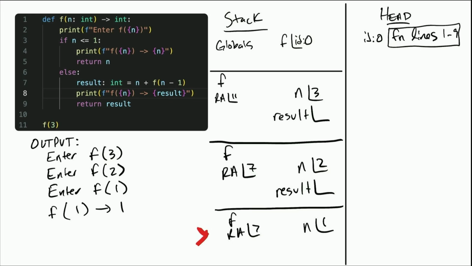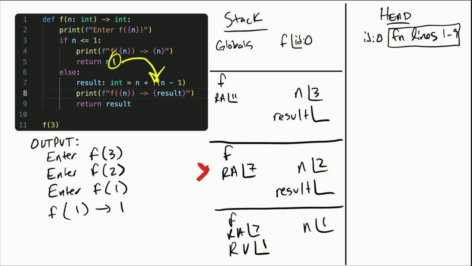And so this return statement says we're going to return n. Well, what is n? N in our current frame is 1. So we're returning 1. Where are we returning 1 to? We're returning 1 to line 7, right? But before I process that, let's enter the return value here. This returned 1 to line 7, and that means this frame is done, and our current frame then returns back